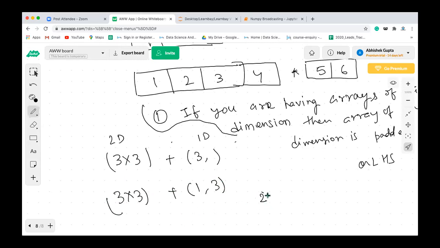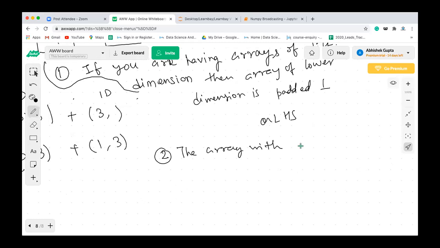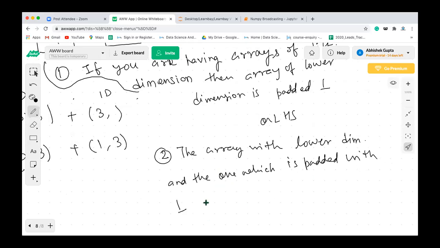In the second step, the array with the lower dimension and the one which is padded with 1 will be stretched to meet the dimension.